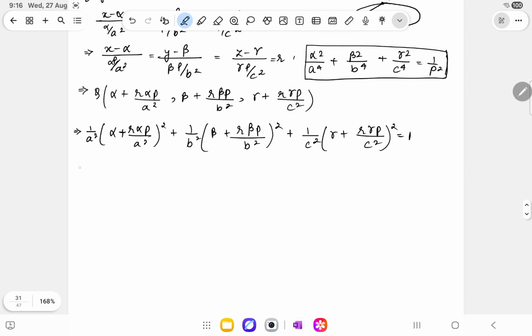So if I simplify it, I'll get basically a quadratic equation in R. So that will be alpha square P square upon a raised 6 plus beta square P square upon b raised 6 plus gamma square P square upon c raised 6 plus 2R into